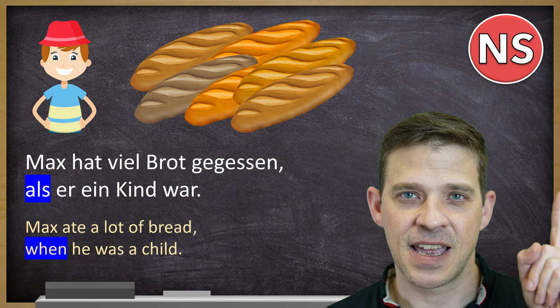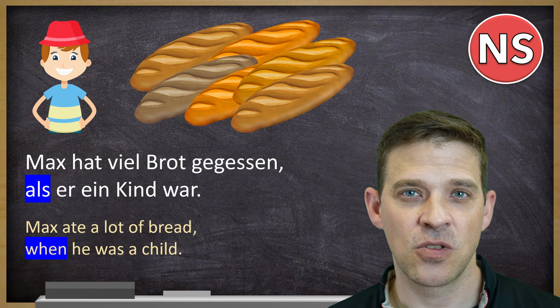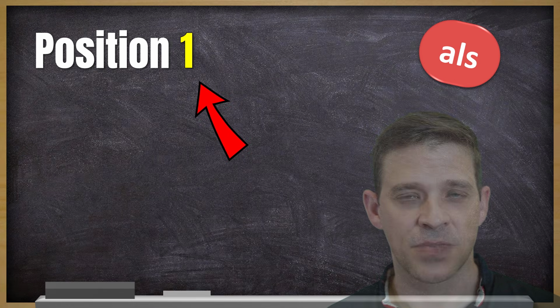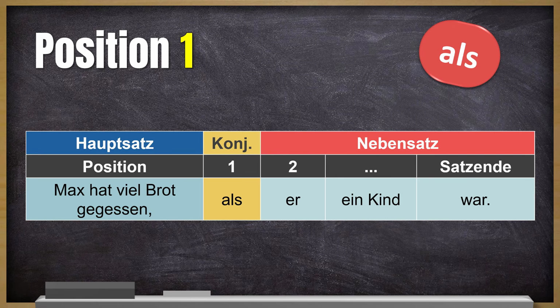And because it's a Nebensatzkonjunktion, there the position is 1 für die Konjunktion. Das sieht so aus, Max hat viel Brot gegessen, das ist der Hauptsatz. Dann Position 1 als, er, Subjekt, Position 2, ein Kind ist in der Mitte und am Satzende das konjugierte Verb